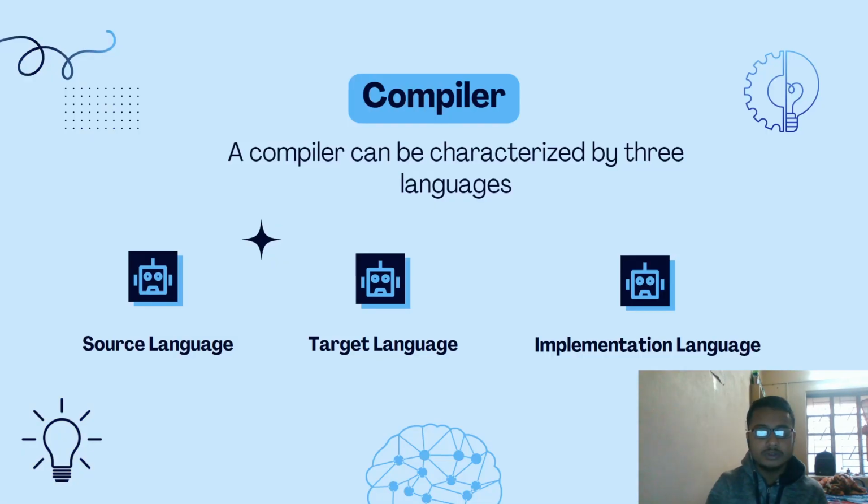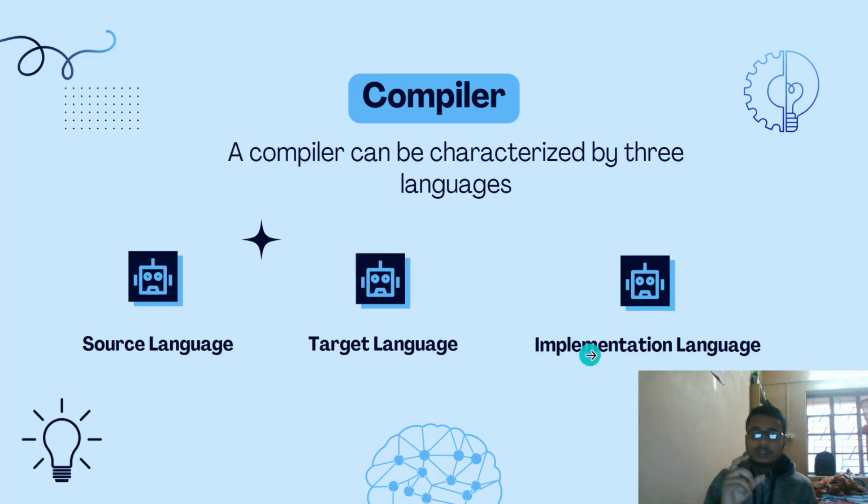So, first of all, we will see how a compiler works, or what are the main three characteristics of a compiler. So, a compiler basically deals with three languages. First one is the source language, which needs to be converted into the target language. But to convert the source language into the target language, we need an intermediate language, which is known as the implementation language. Now, what is this language? So, basically,